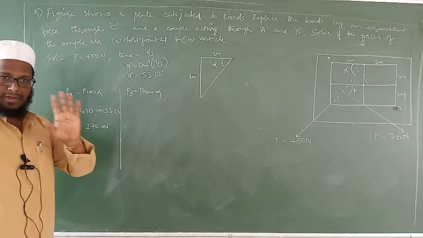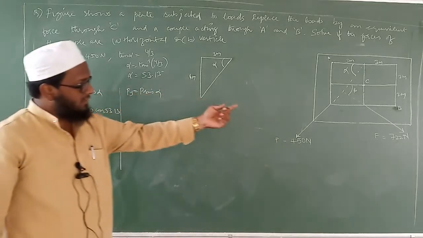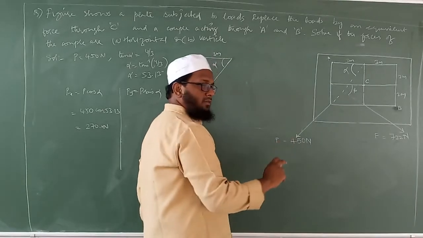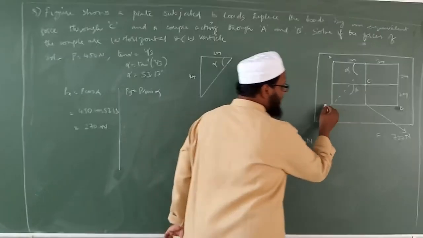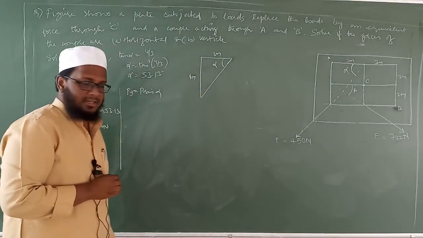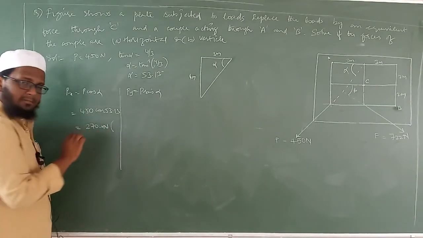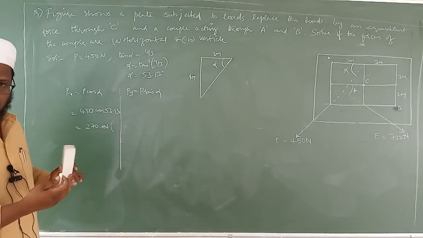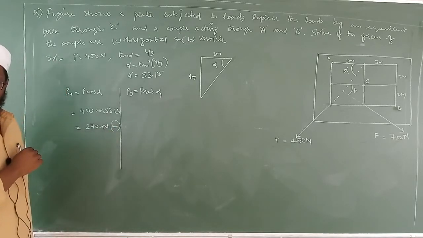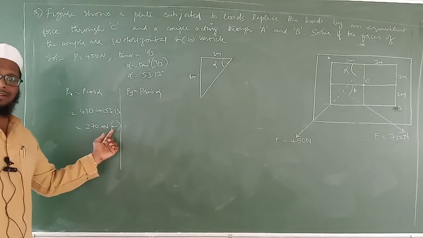Now see here, a very important thing. For Px, see in which quadrant the force is acting. To identify this, you have to provide an x and y axis over here. It is going in the third quadrant, isn't it? So since it is Px, instead of writing minus, because further we'll have some confusions, I will provide an arrow over here. So we have 270.0 newtons, and it is going in the negative x direction.